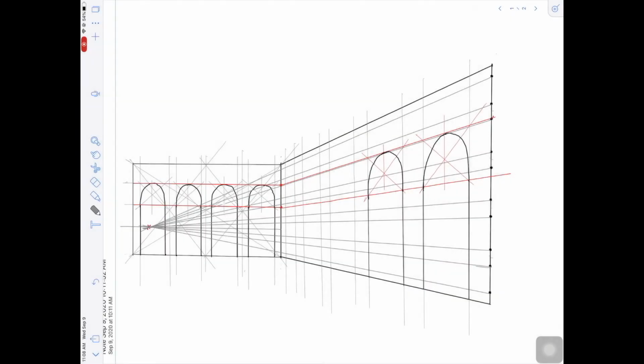Now, there are some finishing touches that we can put on these. It's tiny, so pay attention to this. We start with the corner of the column, the first column, see where that arrow is? We're going to draw a horizontal through that point. And that gives us the bottom of that column, and then we're going to pick a point. We just pick how thick we want it. I'm going to put it right there where that arrow is, and I'm going to draw a vertical up through that line. We need to do the same thing up above where the arc starts,